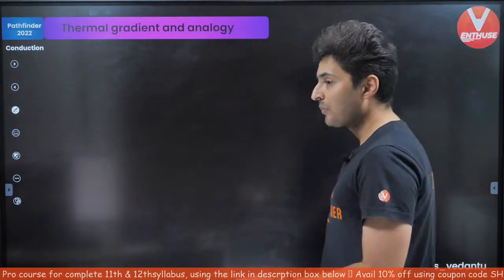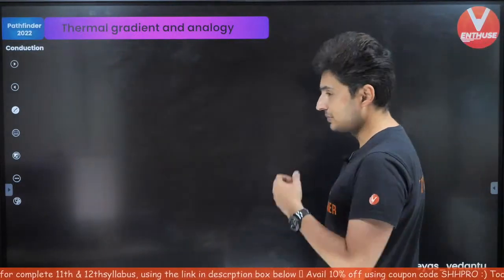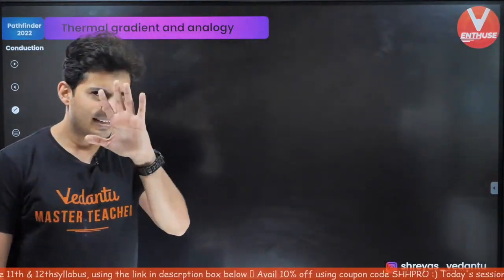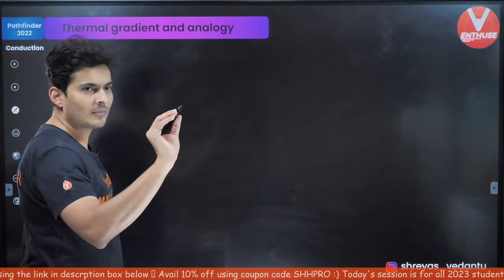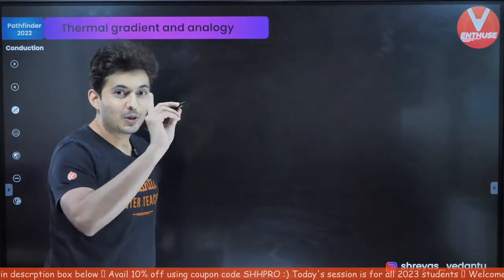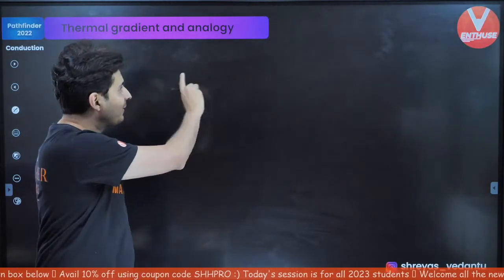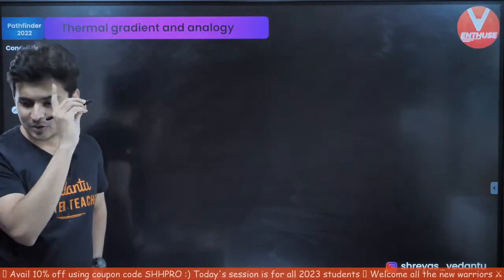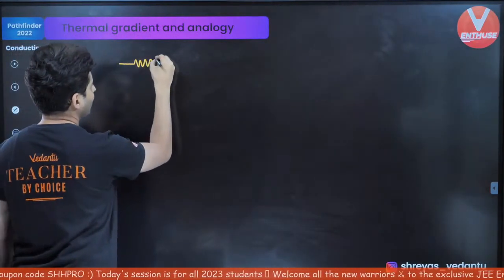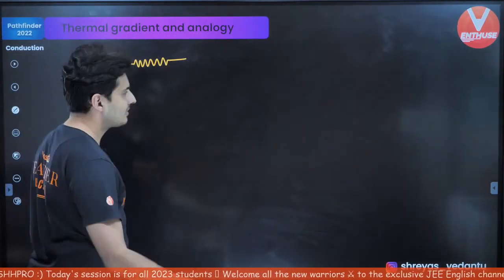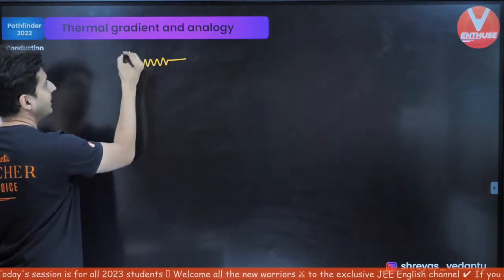So let's get going. Thermal gradient and analogy. What is this? See, it's very simple. You are going to be surprised because we can make use of whatever we are going to learn in a very interesting way. Observe carefully. See, you have a resistor. The current flows through it